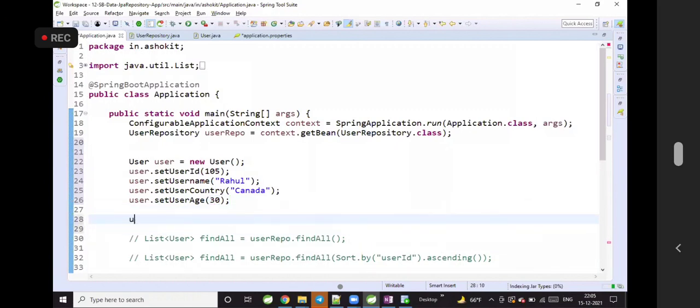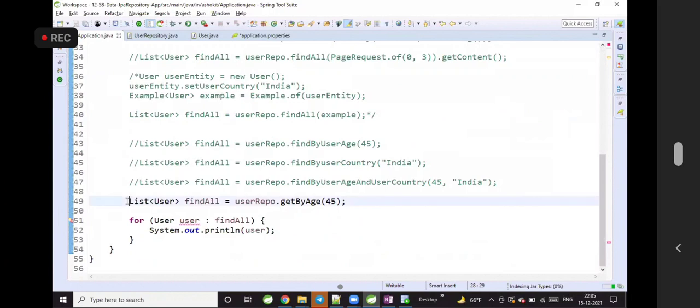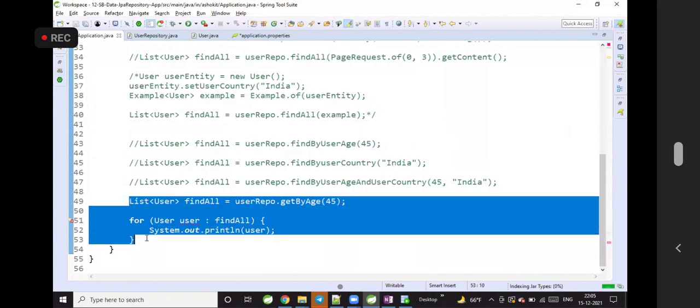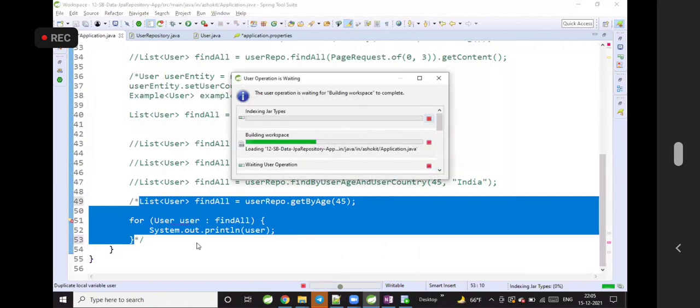Now go here. I want to save this record. userRepo.save(user). I'm trying to insert this record into the table.